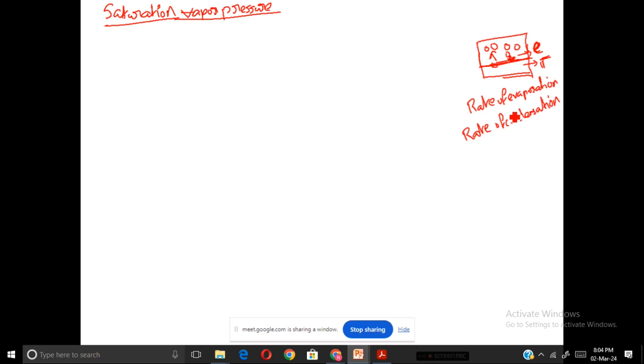And after becoming vapor, some of these molecules collide with each other and may come back to the liquid state. So condensation will also be there. There will be a rate of evaporation and a rate of condensation. At the point when the rate of evaporation of water molecules becomes equal to the rate of condensation,